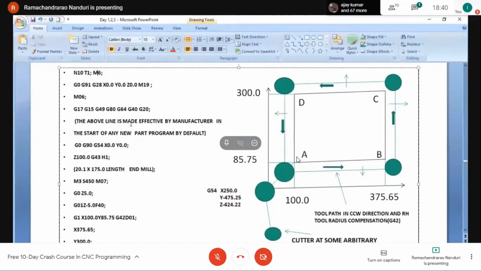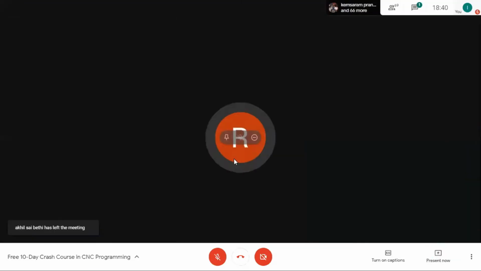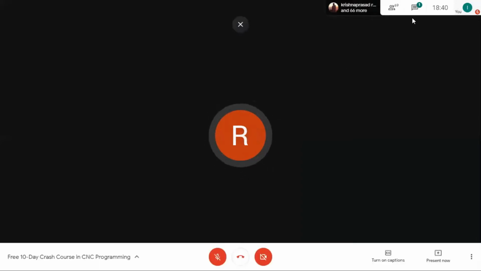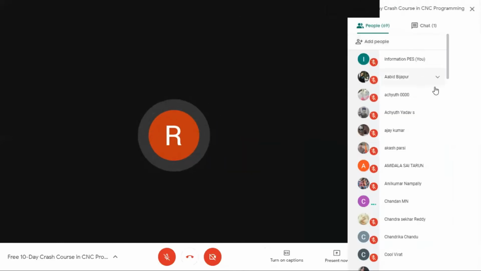And if you give a line number to every line, it will be difficult for us to search for lines which contain tool change actions. So wherever a tool change is given, only such lines will be given N10, N20 or N30 like that. And it will be easy for us to find in which line the tool change has been given.